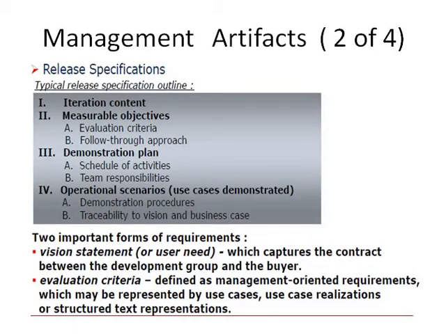release specifications. Now what do you mean by release specifications? Definitely, the scope, plan, and evaluation of the objective for your entire releases are derived from the vision statement. And what are the other sources? Definitely they are your management concerns, your architecture, your implementation, your quality, etc. Out of these, that is the typical release specification outline.